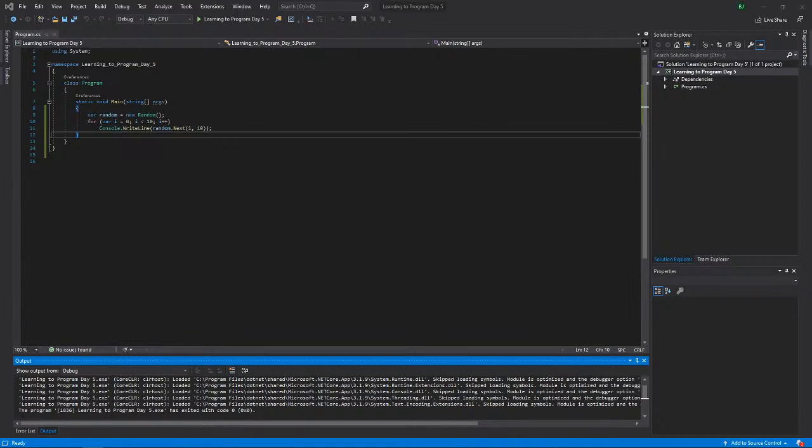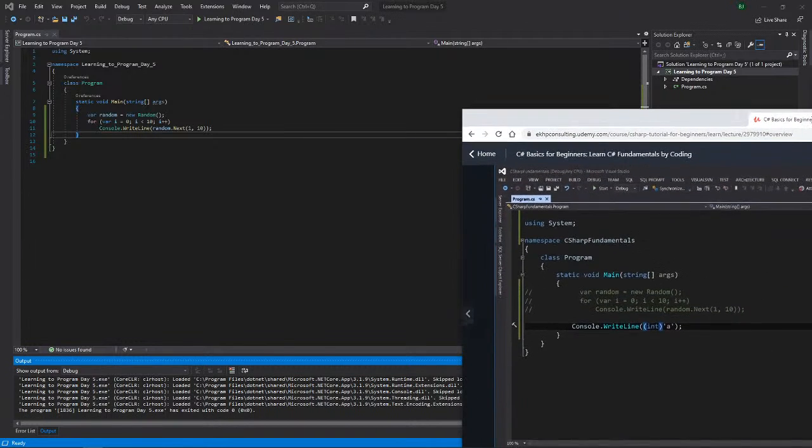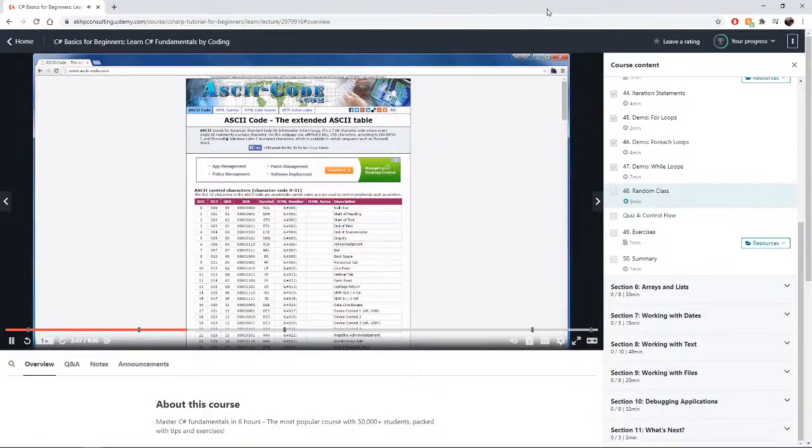We got 97. So 97 is the standard number to represent a lowercase a in a computer. This was first introduced as ASCII, which stands for American Standard Code for Information Interchange. Let's take a look at this website,